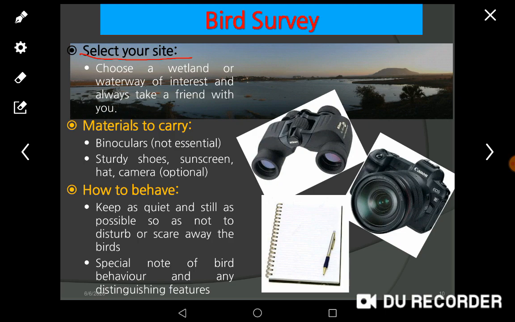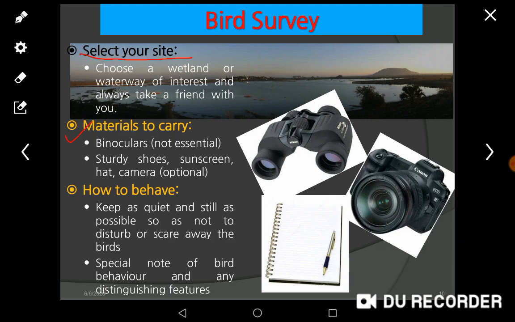So once you select your site, you stick with the same site regularly, and observe and survey the birds. Choose a wetland or waterway of interest, and always take a friend with you. Don't go alone. Take some friends and try to remember different birds.